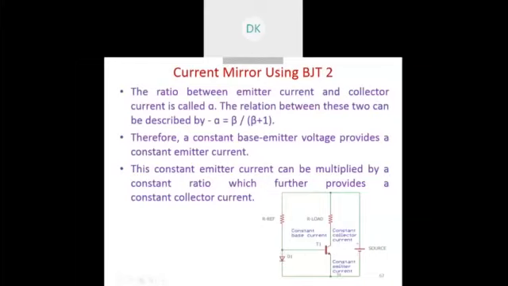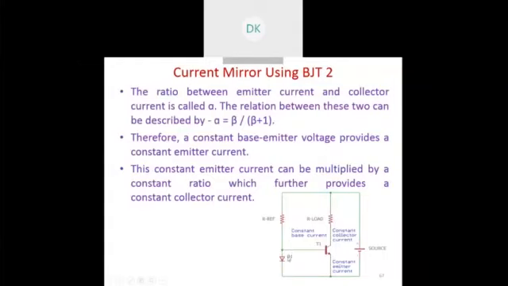So I will be able to provide a constant base emitter voltage across the base emitter junction of the BJT using a diode D1, and control the diode using a biasing resistor called R reference. R reference is a biasing resistor which controls the current passing through the diode D1. If I increase the value of R reference, the current passing through D1 will decrease and the voltage applied across the base emitter terminals will decrease. The emitter current will decrease, and finally the collector current will also decrease.